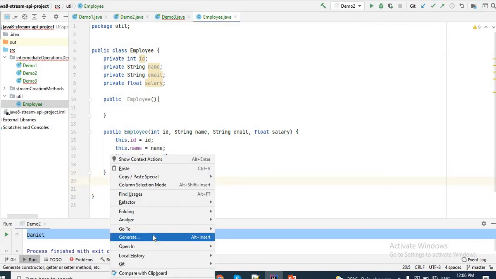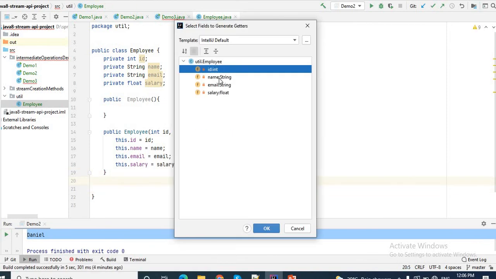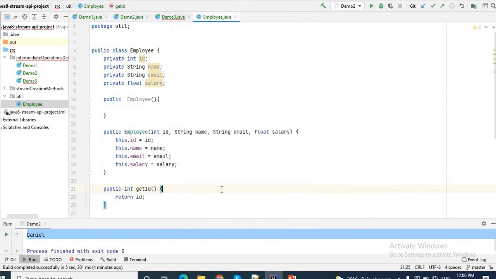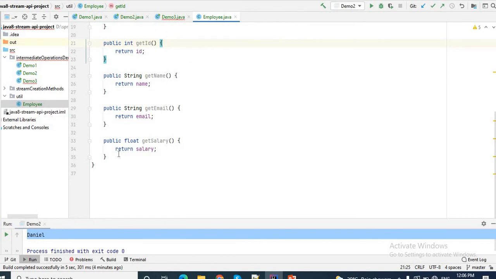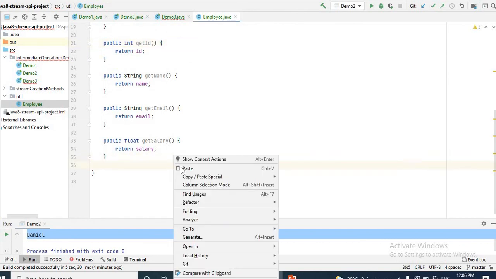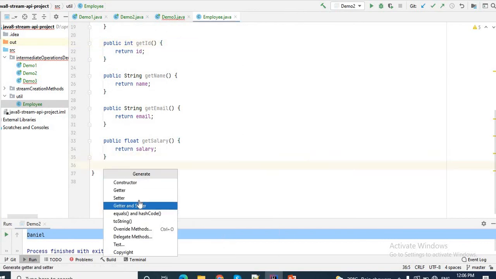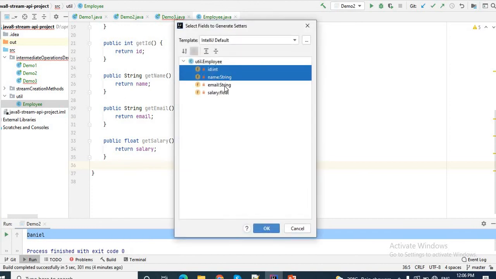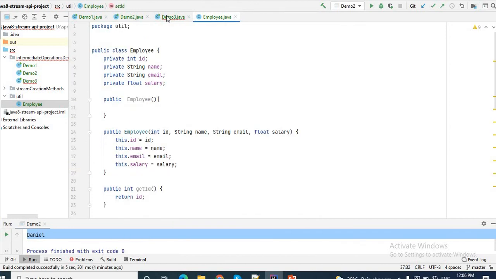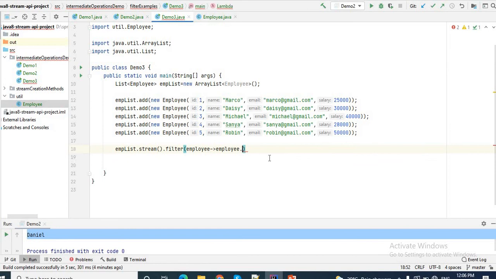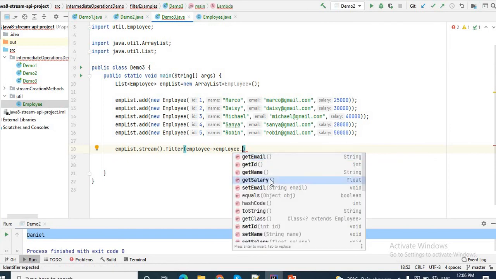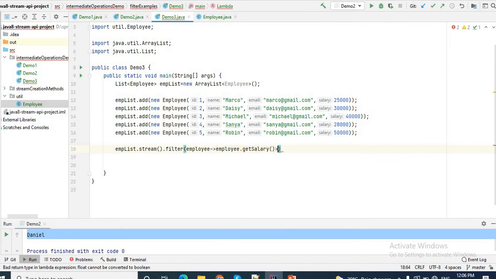Let me declare the getter and setter as well. Okay, cool. So let me just do employee.getSalary() greater than what? 25,000. So filter out all the employees which have a salary greater than 25,000.